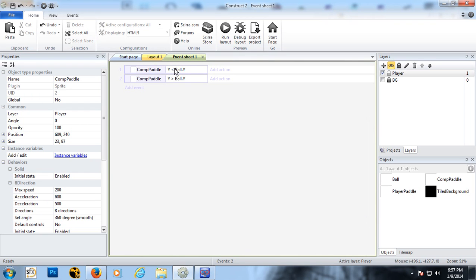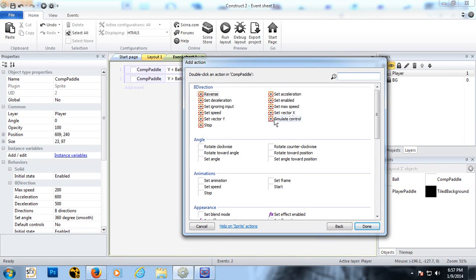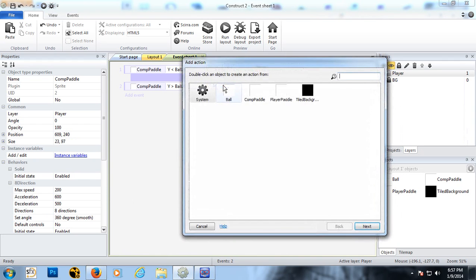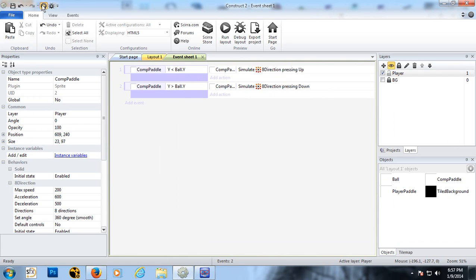Now we want to say comp paddle's Y position is less than ball Y position, add action, comp paddle, under the 8 direction menu, we're going to choose Simulate Control, pressing up. And the same for this, Comp Paddle, Simulate Control, but pressing down. Done. So if we hit play,